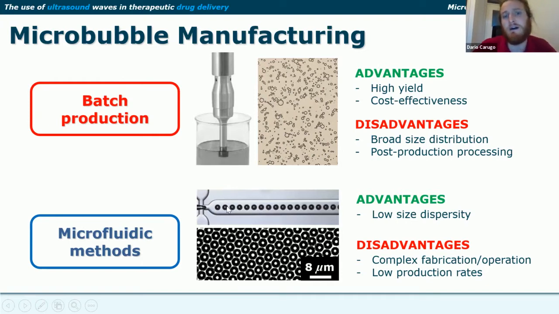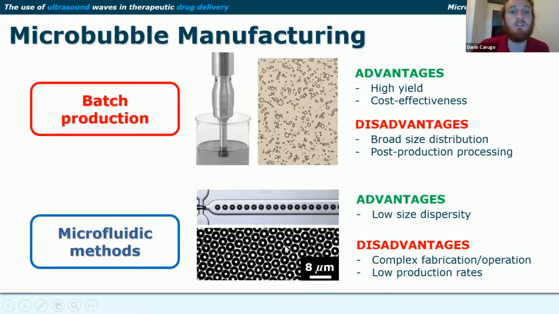So we can use microfluidic devices to generate bubbles that this time have a very controlled size. For example, these devices have 3 inlets. We inject water in the lateral inlets and a gas stream in the central inlet, and the 2 lateral streams of water will break the central stream of gas into individual bubbles. So this method offers great control of the bubble size, but devices are complex to fabricate and the production rates